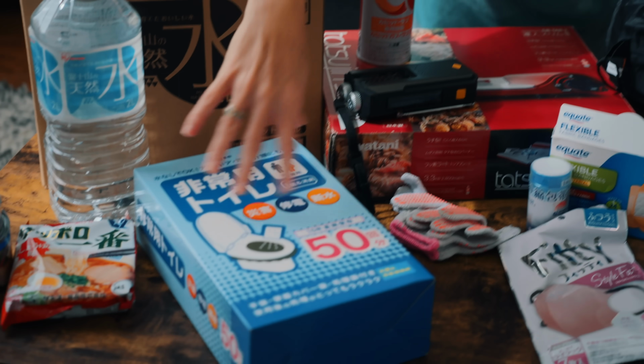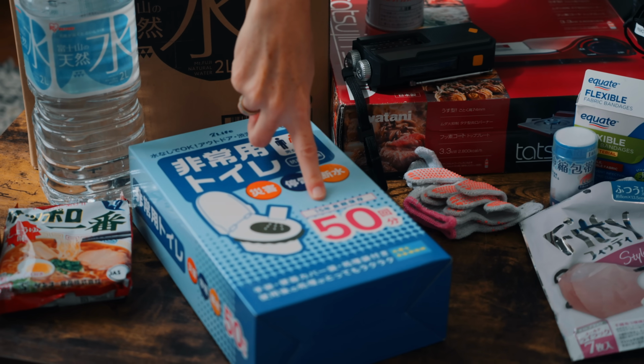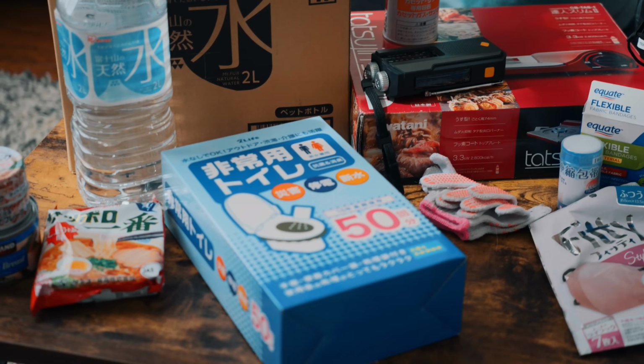Then a portable toilet. This is for 50 uses. When we got that, my kids were like, oh, we can use it 50 times. Can we try it out? I'm like, no, we have a toilet. We're not trying it out. It's for emergencies. And then work gloves,